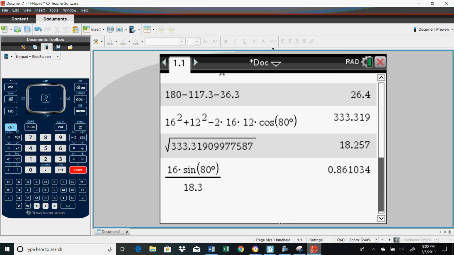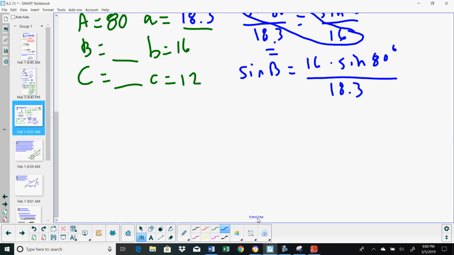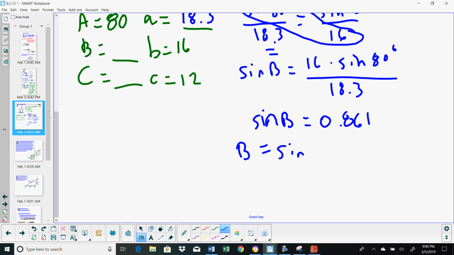All right, I'm getting 0.861 for the sine of angle B. Sine of angle B is equal to 0.861. And remember, I want to find angle B, not just the sine of angle B, so I do need